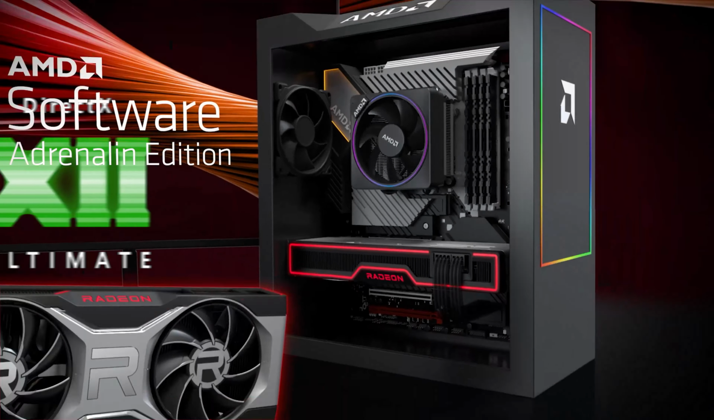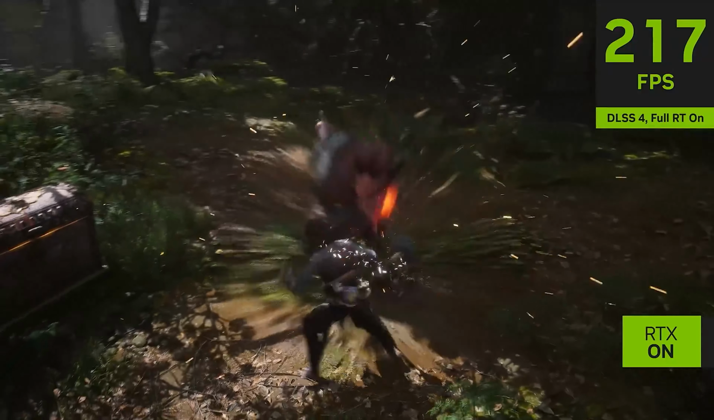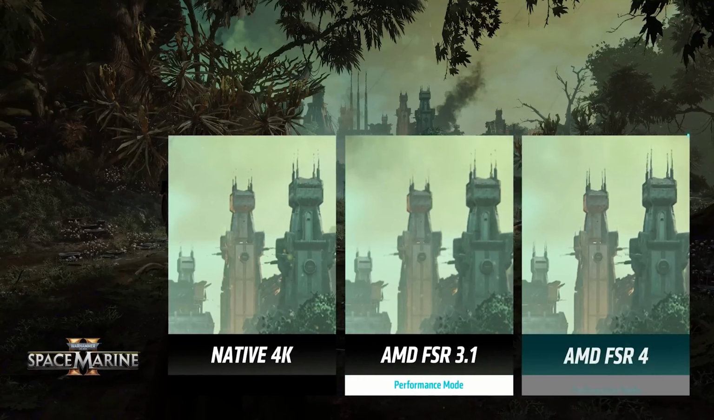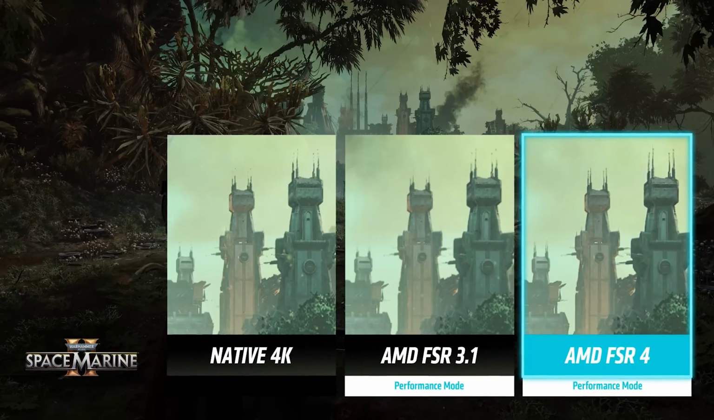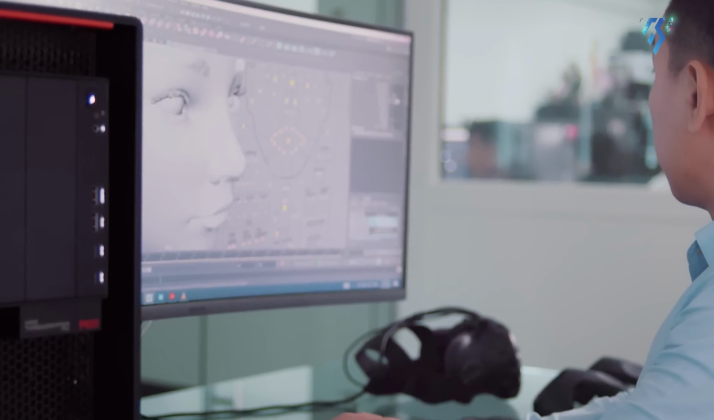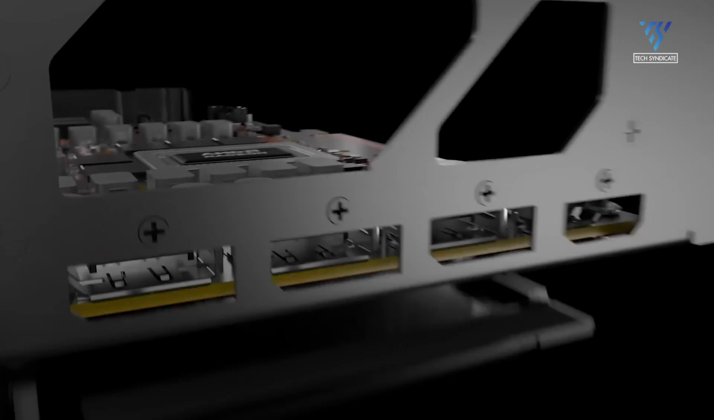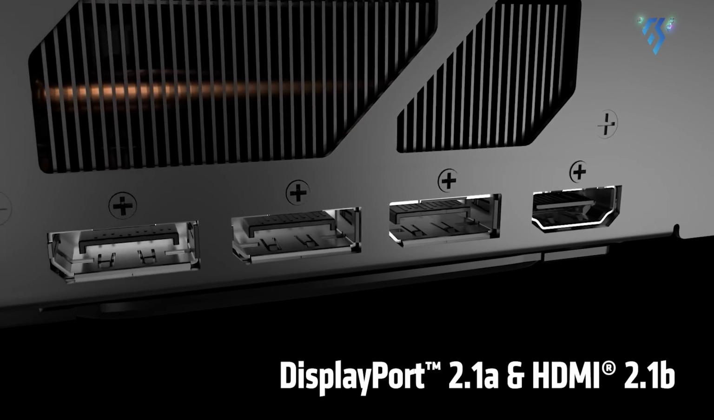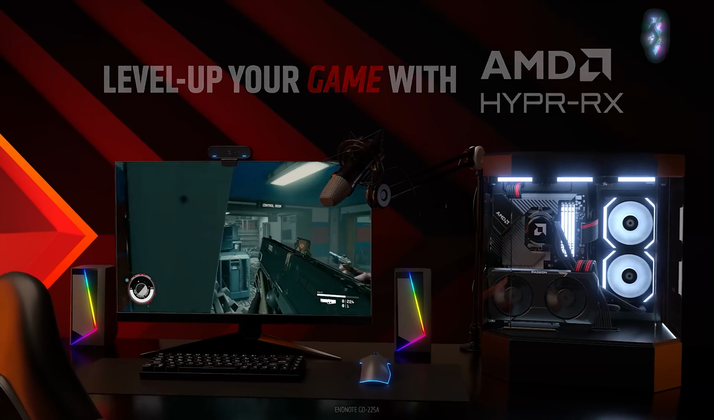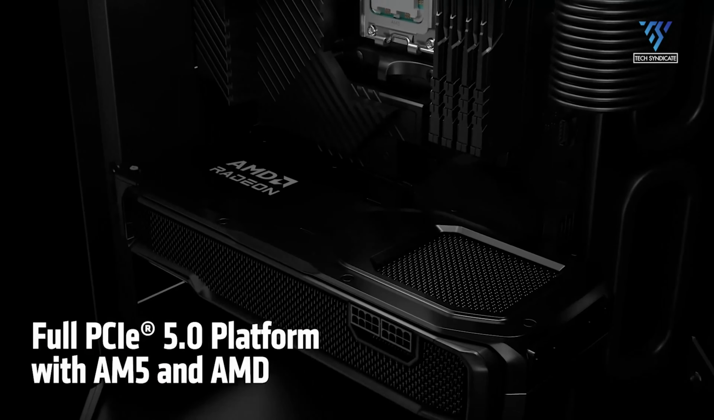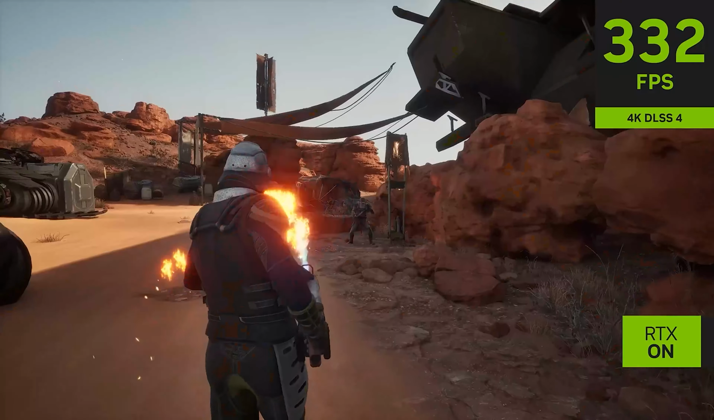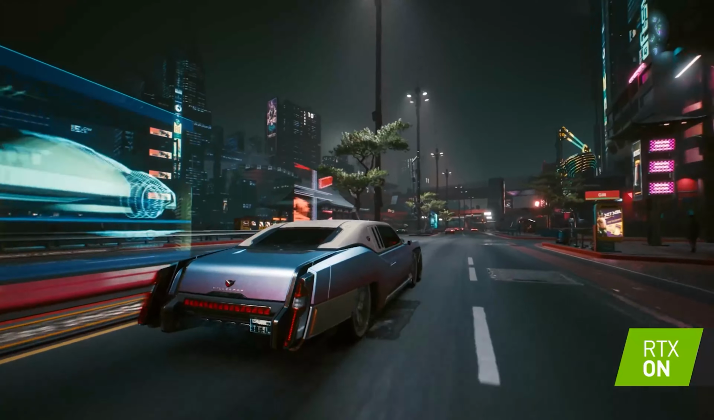Both cards support DirectX 12 Ultimate with hardware-accelerated ray tracing. The RX 9070 XT includes AMD's FidelityFX Super Resolution upscaling, Smart Access Memory technology, and modern media encoding and decoding hardware. Connectivity includes one HDMI 2.1b port and three DisplayPort 2.1a connections, with PCI Express 5.0 x16 interface support. The RTX 5070 Ti's standout feature is DLSS 4 with multi-frame generation, which NVIDIA claims enables games